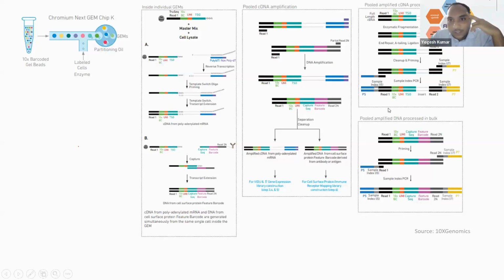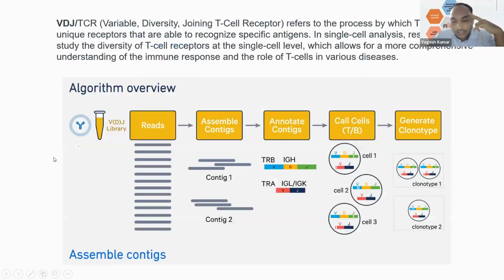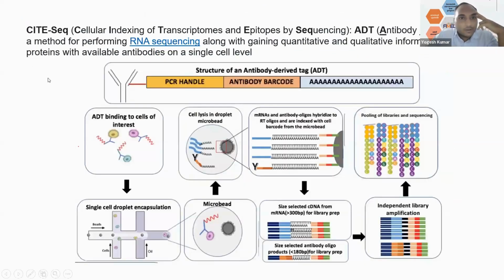So, okay, let's move forward. After doing this preparation, what you get is the single cell sequence library. Then what you can also sequence using the single cell sequence is the CiteSeq, which is known as cellular indexing of transcriptomes and epitopes by sequencing, which is also called ADT, what I just told you, antibody derived tags. So these are the small tags, and this is a method for performing RNA sequencing. Information on surface protein. So if you also sequence this ADT with the single cell sequence,